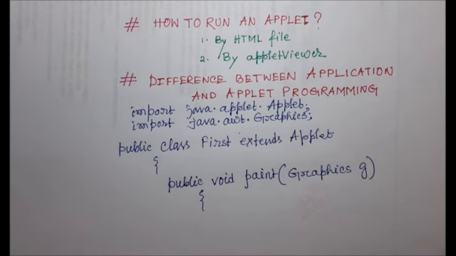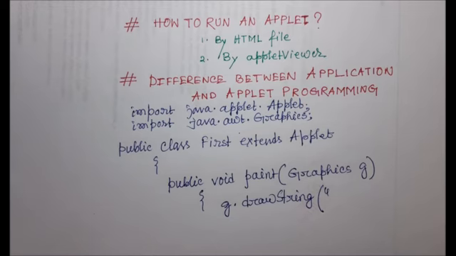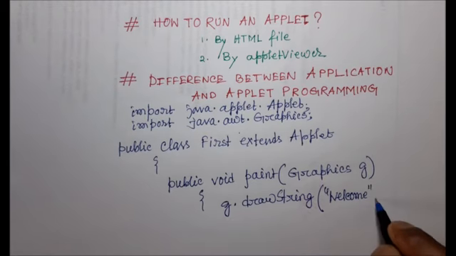In an applet program we have to write in the window, so we have to call the drawString method. Based on this graphics object we need to call drawString. This is my method name, and we know that this method takes 3 arguments. The first argument is whatever I want to print. Here I want to print welcome, so that is my string, it is completed.